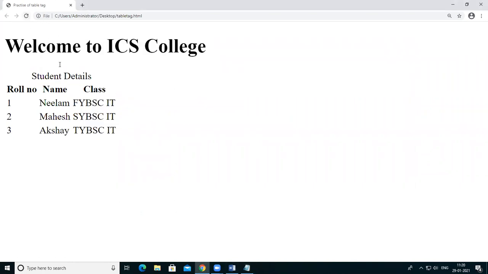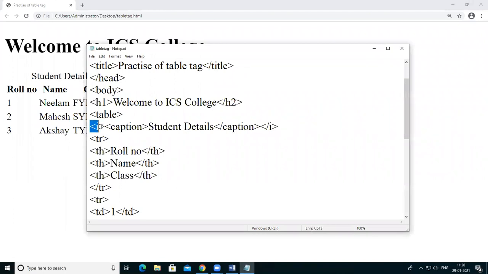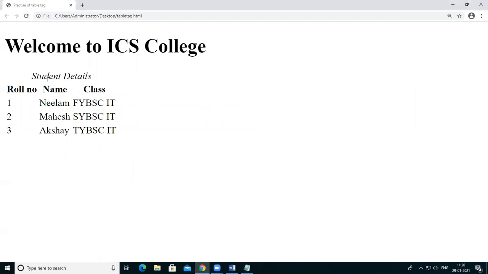See this, it is in italic format, student details. Suppose I want to give it in heading format, then you can use the header tag, that is H1 to H6, any of the tags.